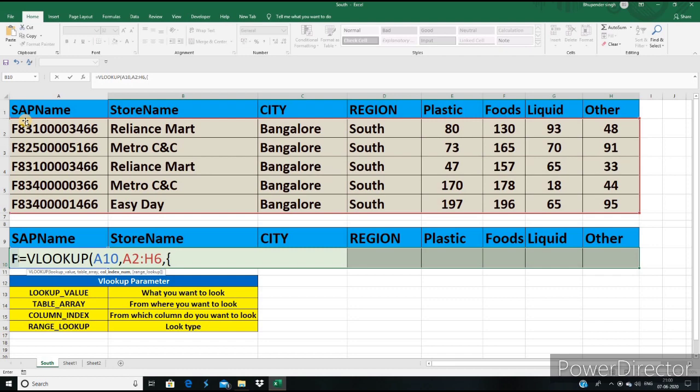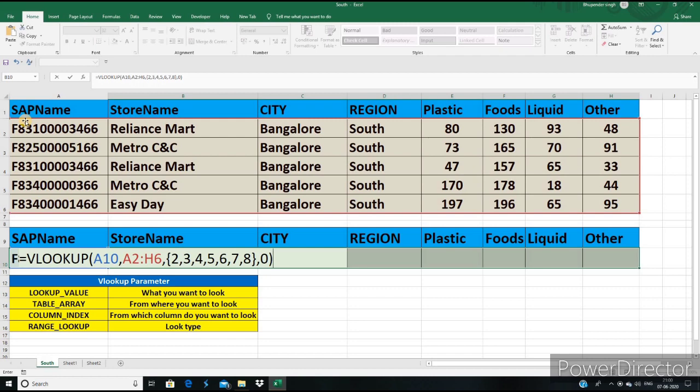You can see this is a curly bracket. Now I'm going to enter all the column numbers: 2, 3, and so on, then close the curly bracket, put a comma, 0 for exact match, and now I'm going to close the bracket.